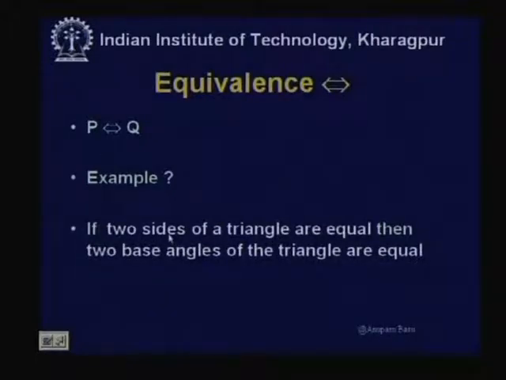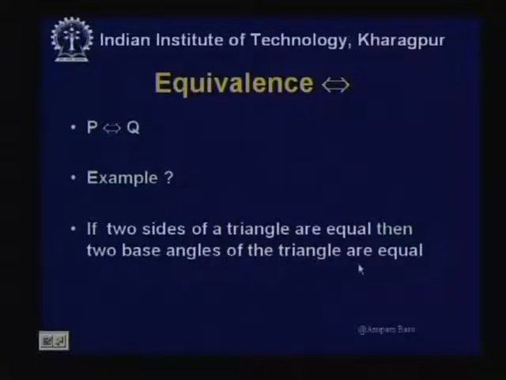Here let us try with an example. If two sides of a triangle are equal, then two base angles of the triangle are equal. We know from our knowledge of geometry, if two sides of a triangle are equal, then that is an isosceles triangle, and the base angles of an isosceles triangle are equal. If I had stated it in a different way, that if two base angles of the triangle are equal, then the two sides of the triangle are equal, that would be true also. So, if two sides of a triangle are equal is P, and two base angles of a triangle are equal is Q, then I could have said P implies Q,